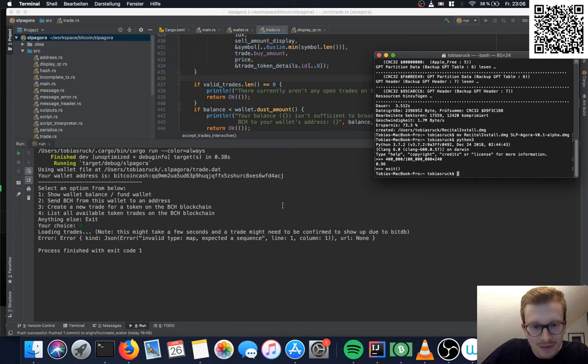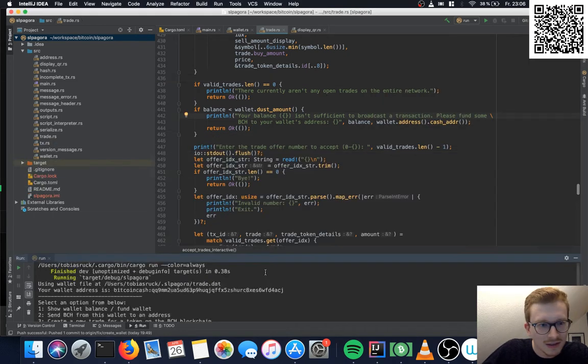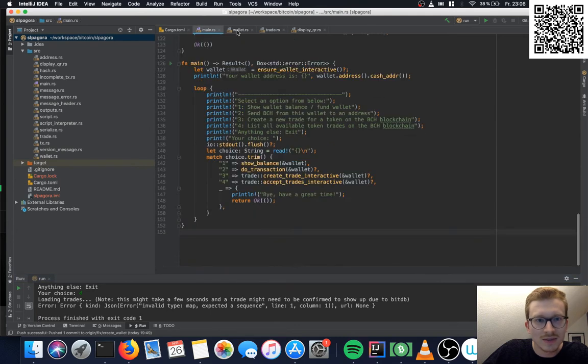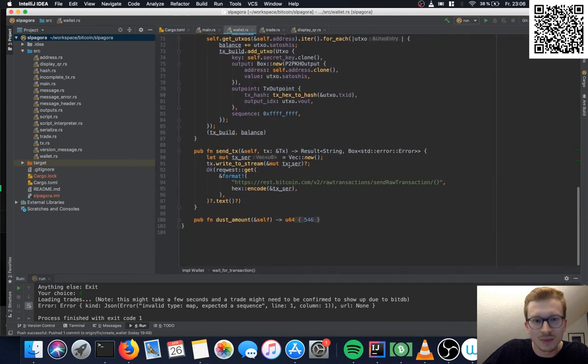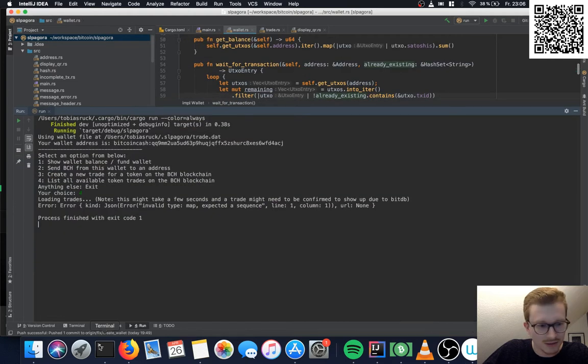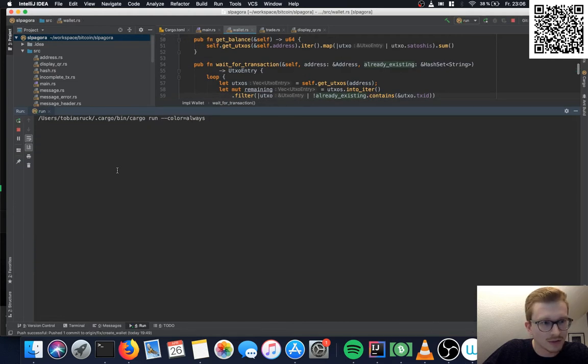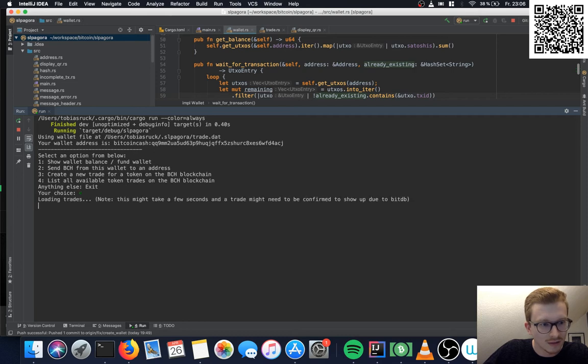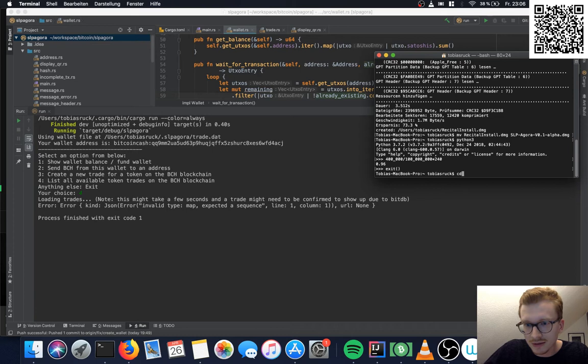Inner map expected sequence. Yeah, maybe the data is incorrect, because sometimes the response is a bit weird. But yeah, okay, that's not good. Maybe it works. Still not working.